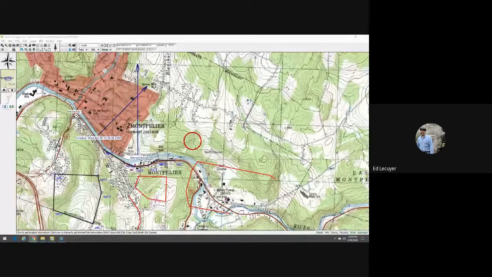Do we have any questions? How would this line of sight work in a depression? Let's see. I'm not sure I quite understand the question, but I'll take a stab at it. The line of sight is going to